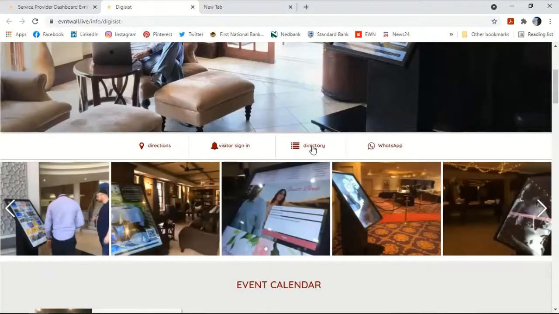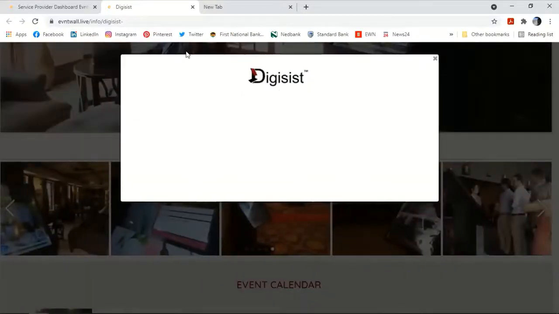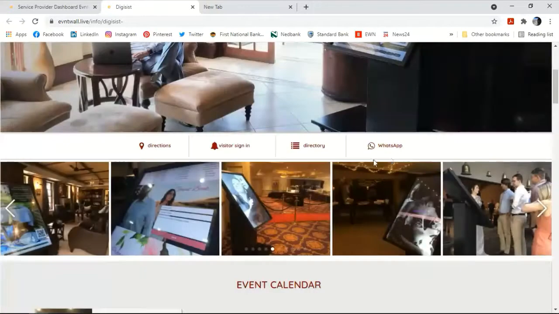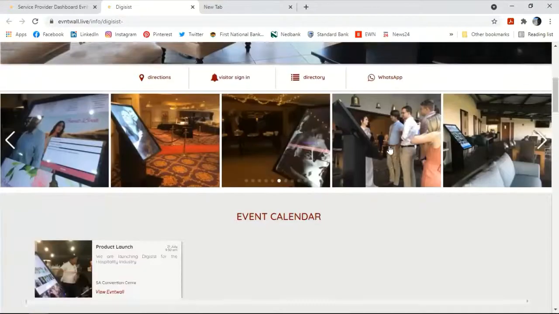Next, we've got your directory. This would show your external directory. Now, we didn't capture any directory information, so there'll be nothing there. Then there's your WhatsApp link, and this takes you directly to WhatsApp. And then next, we've got